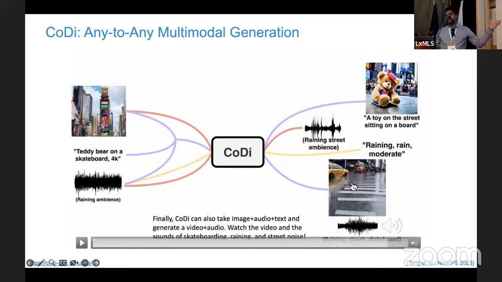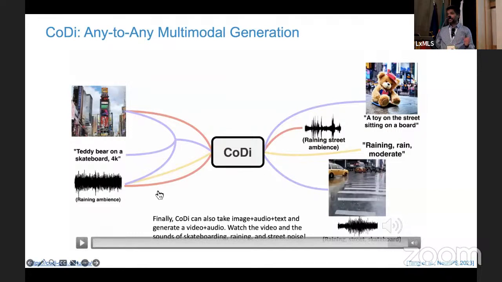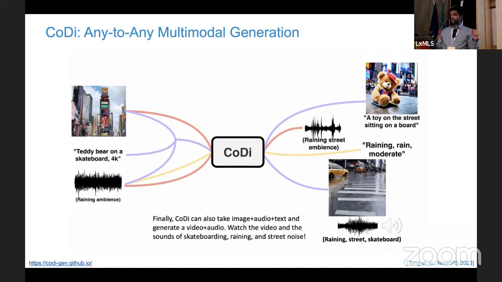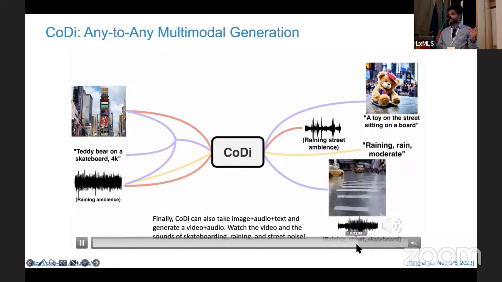The teddy bear sentence is coming in as an actual dynamic teddy bear movement. And the most important part is the audio, where if you use the website later with your headphones, you will hear three sounds. One is the rain sound, obviously from the audio clip, and the street noise from the image, but this time there's a third sound because of the teddy bear, like the skateboard clicking sound, if you can hear it.